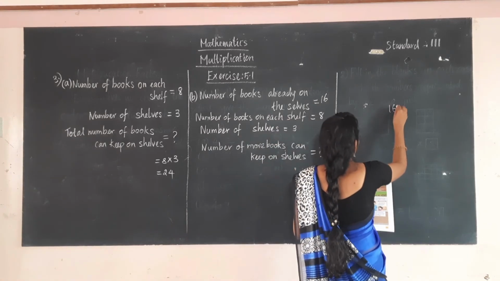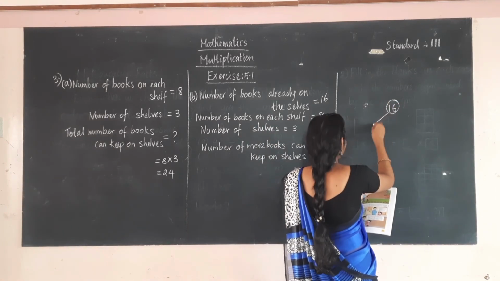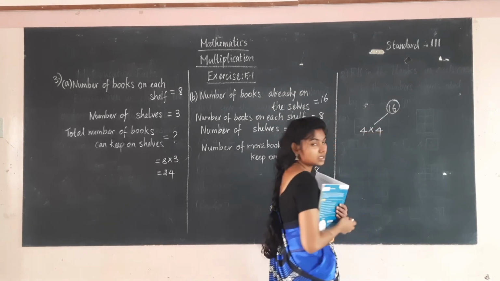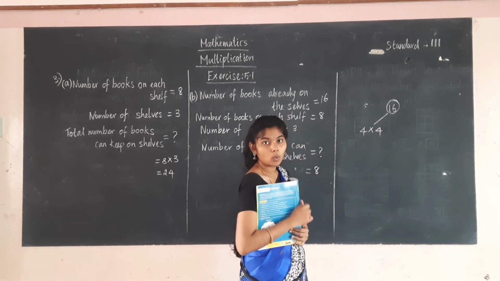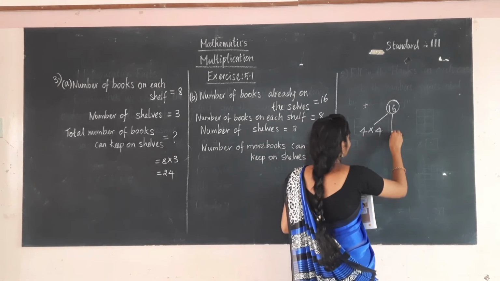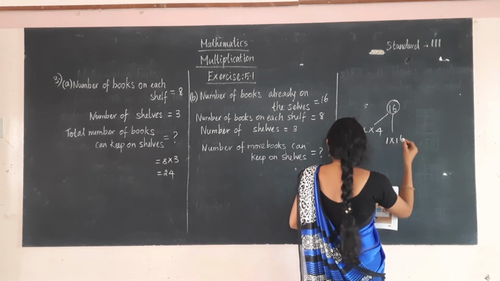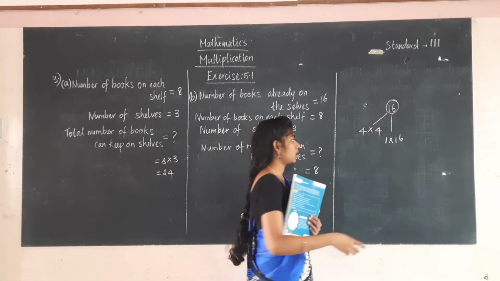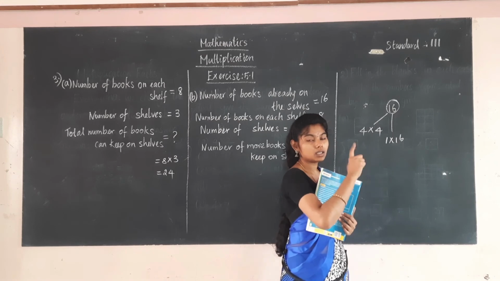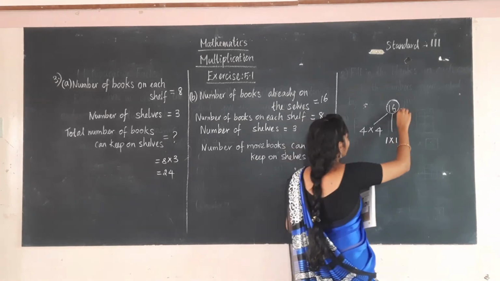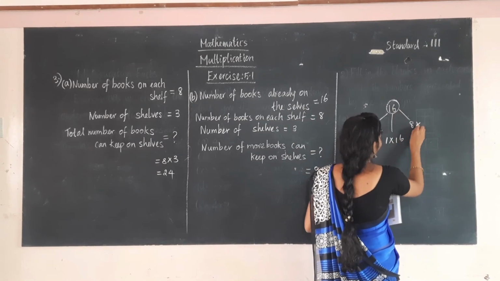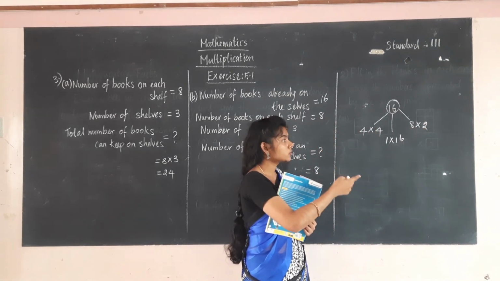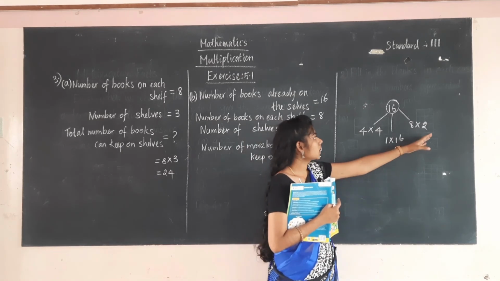16. So 16, how it is, so 4 4s are 16, you know the 4 table, 4 4s are 16. So another thing how it will make, 1 16 is 16 it will make. And the next one is 2 8s are 16, or 8 2s are 16 you can write. So 16 1s are also you can write, 16 1 is 16. So here 8 2s are 16, or you can write 2 8s are 16. The order is the same. If we change the order also, you will get the same answer. So 2 8s are 16.